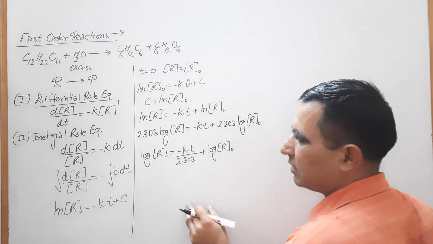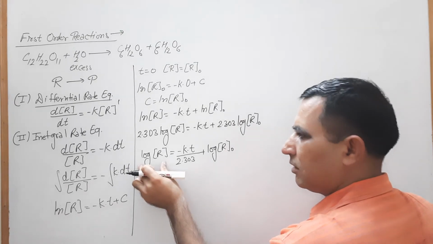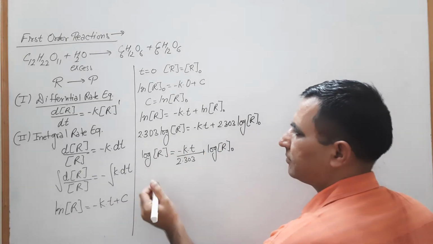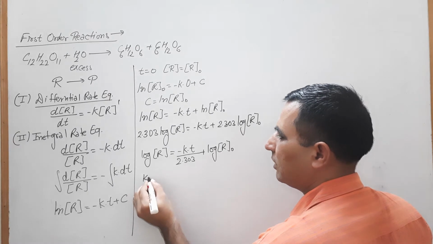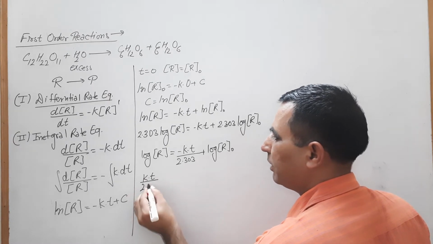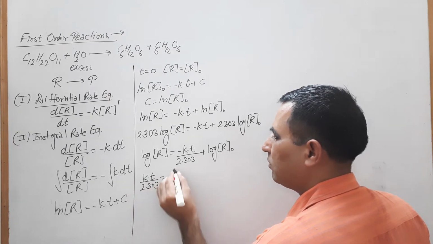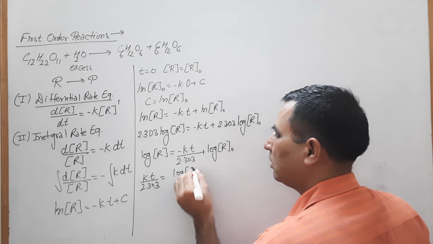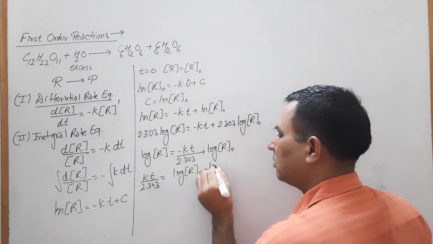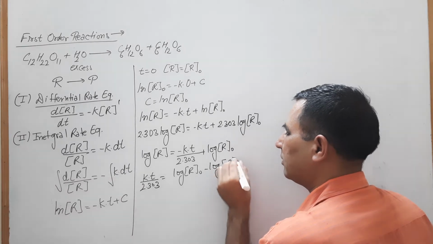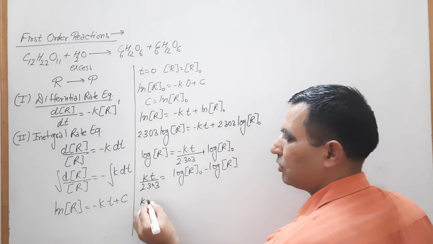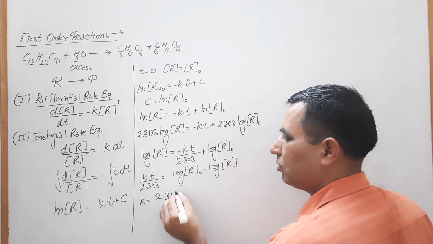This minus sign converts into a plus sign, and we move this to this side. Then kt by 2.303 equals log R0 minus log R, or k equals 2.303 by t